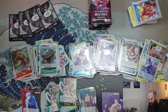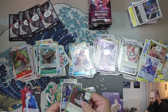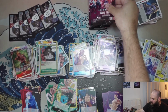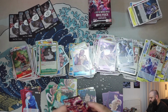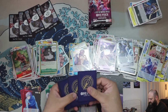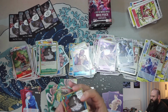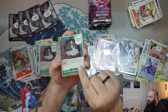Again with the leader. Dude, what is this box? It feels cursed. So we have Gum Gum Elephant Gatling and Kuzan. It feels cursed. I had so many boosters that were duds because we have a leader in them. That's just wrong. I hope I'm gonna get something good out of this. Oh, yeah, maybe this kind of opening isn't that good at all. I felt something on the card, so I know there's something right here. So we have Gum Gum Elephant Gatling, and we have...